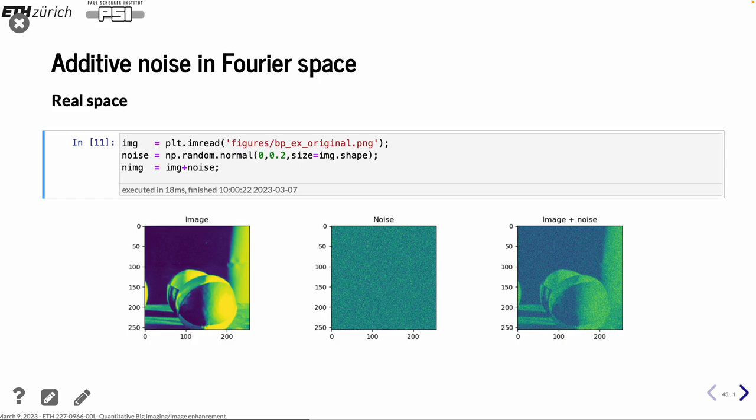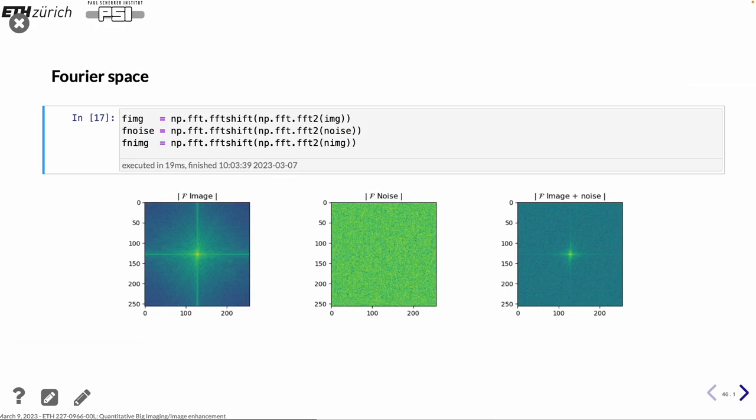So let's look at some images. We have this image of a couple of balls, and I add noise. So the noisy image looks like this, and this is what we are going to work with. And if we look at the Fourier transform of these,